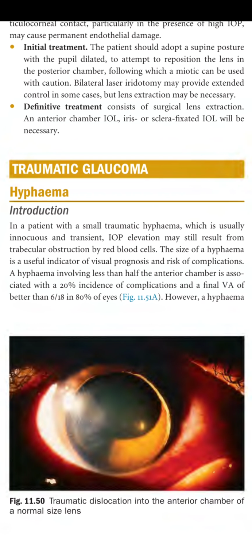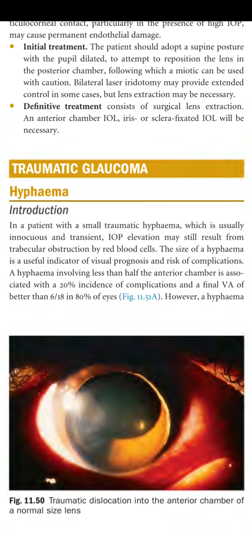Hyphema introduction: a patient with a small traumatic hyphema. So hyphema is blood in the AC, anterior chamber, which is usually innocuous and transient. IOP elevation may still result from trabecular obstruction by red blood cells. The size of the hyphema is a useful indicator of visual prognosis and risk of complication. A hyphema involving less than half of the anterior chamber is associated with a 20% incidence of complication and a final visual acuity better than